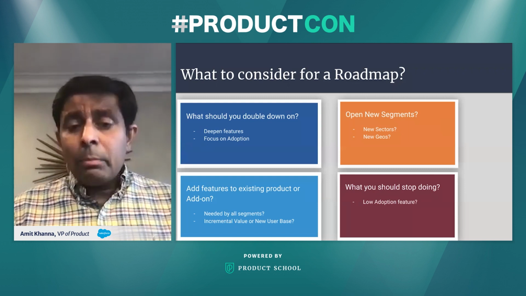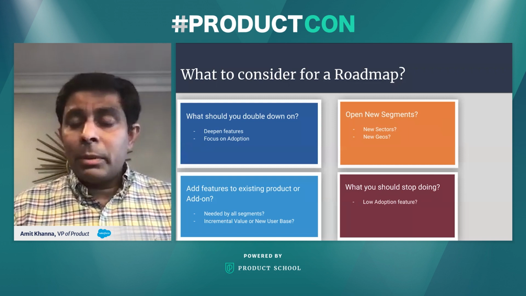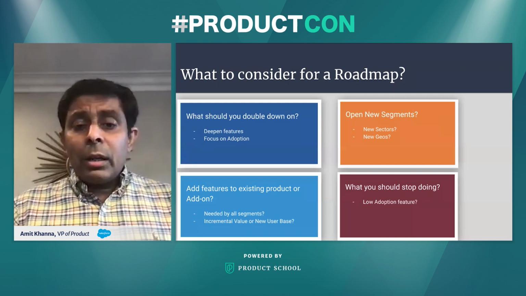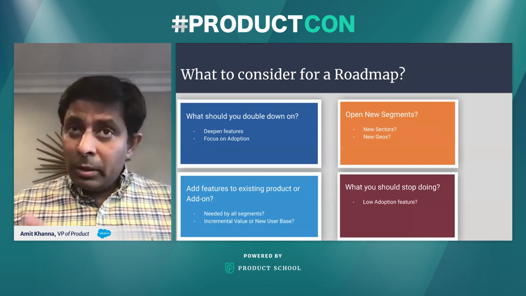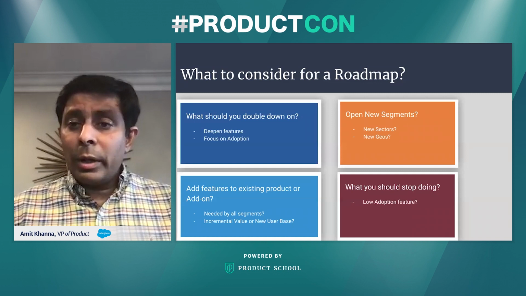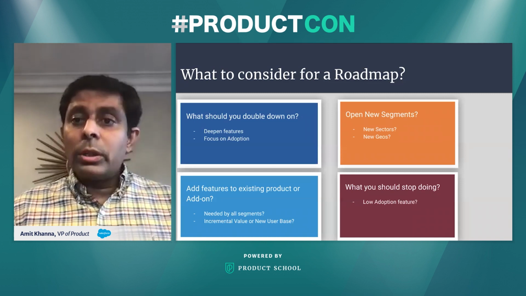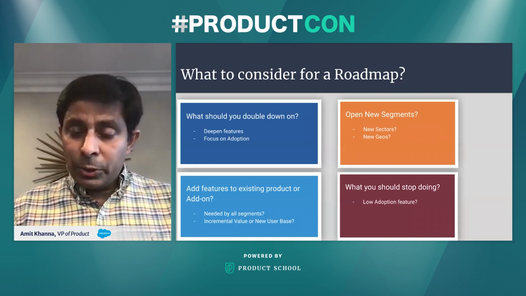And finally, very important is what you should stop doing. It's a very important piece we sometimes forget. We should think about whether the features have not been adopted, in which case we should probably remove them, or it's a tech debt that we've been carrying for quite some time. There's a better way to do things, a scalable way to do things. So we should end of life those features.